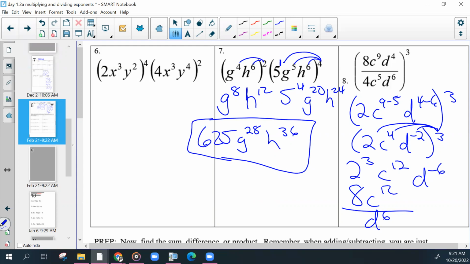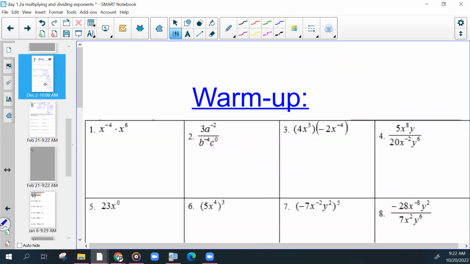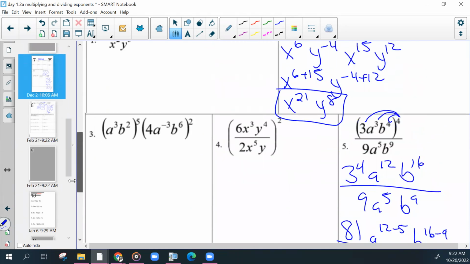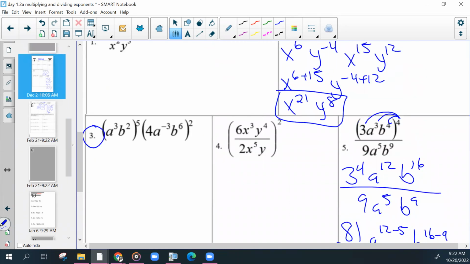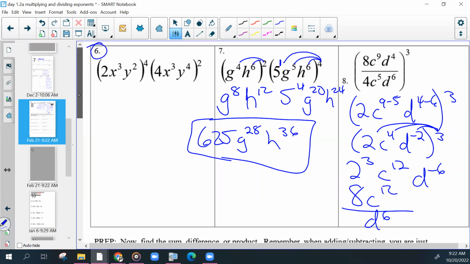Right, any others? 1, 3, I'm losing track of which ones we haven't done yet. 1, 3, 4, 6. Jaden, 6, is that what you're going to say? Okay, 6 and 3. And then after 3, we're going to move on. Alright, so we'll start at 6 and then we'll do 3 and then we're going to go on to the other set of notes if we have time to ask any questions in there.